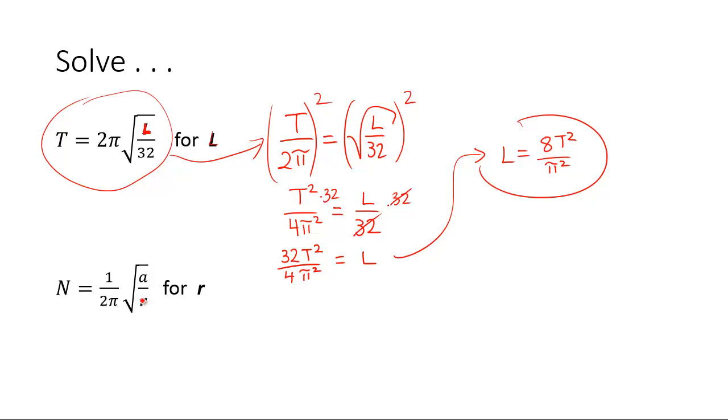And what if the variable's in the denominator? Well, similarly, let's get rid of what we have here. Or you could square both sides right away in this case, because this is just multiplied. So that'll be n squared. I'll do it this way this time so you see the difference. So you'll be just squaring both of these. So you'll have 1 over 4 pi squared times a over r. So we need to get rid of this 4 pi squared. And we could have done this here at the beginning and multiplied both sides by 2 pi. Whereas in this case, we're going to multiply both sides by 4 pi squared. So we'll have 4 pi squared n squared equals